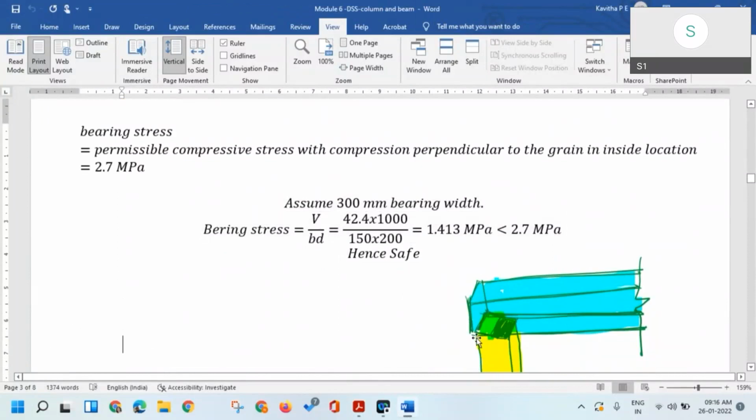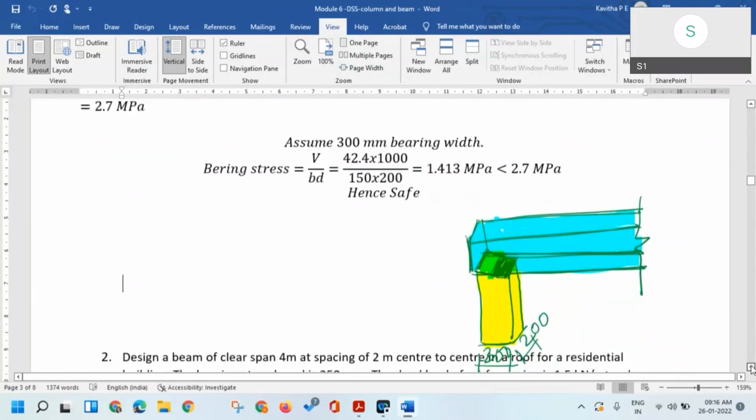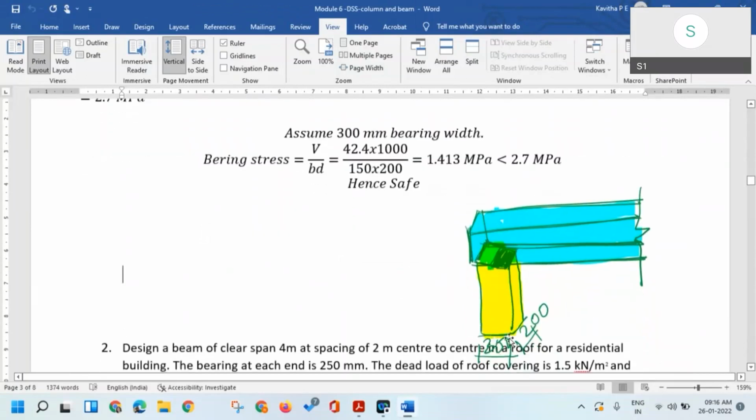B is half the width of the bearing. I have assumed the width of the bearing in the beginning. So 300 mm is the width of the bearing. Half of that is considered as B, that is 150, and depth is the breadth of the beam, that is 200, I have assumed. Thus I get the bearing stress as 1.43, which is less than 2.7, which is the allowable value, and hence